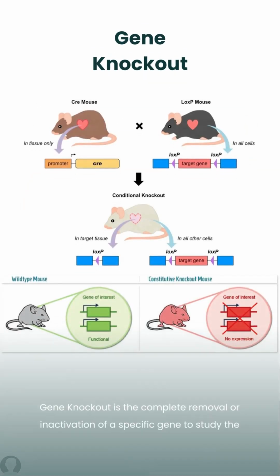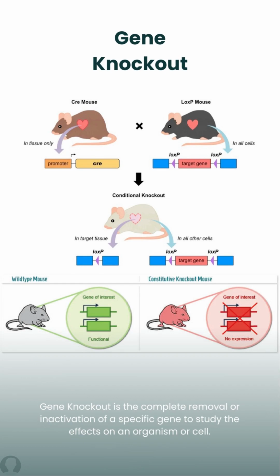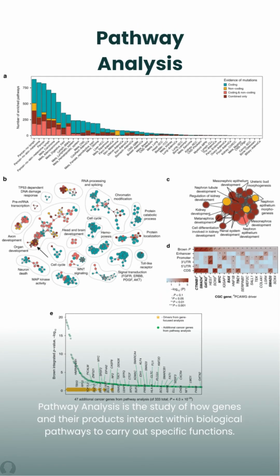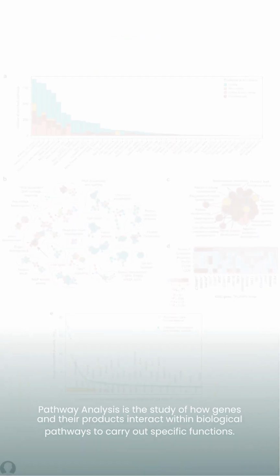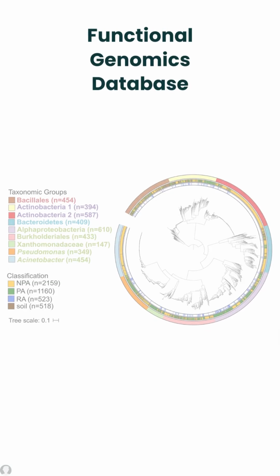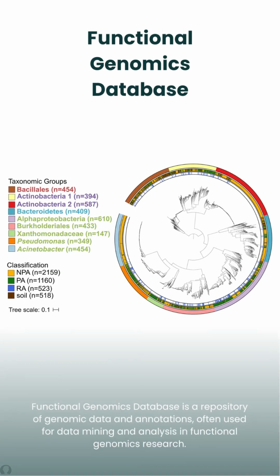Gene knockout is the complete removal or inactivation of a specific gene to study the effects on an organism or cell. Pathway analysis is the study of how genes and their products interact within biological pathways to carry out specific functions. Epigenetics is the study of hereditary changes in gene function that do not involve changes to the DNA sequence itself. Functional genomic database is a repository of genetic data and annotations often used for data mining and analysis in